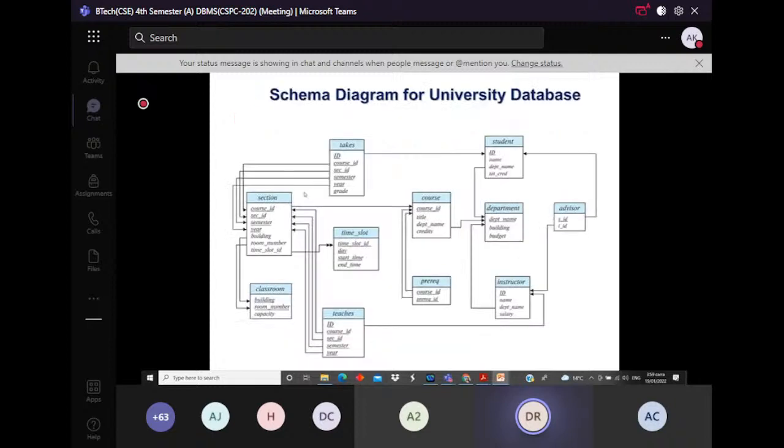I think now what is the meaning of all these arrows? I think you can now understand this particular schema diagram for the university database. Yes, can you understand what is the meaning of all these arrows and what is the meaning of all these rectangles? मैम टाइम स्लॉट में डबल एरो है, वो मिसप्रिंटिंग है या फिर वो भी कुछ होता है रिप्रेजेंटेशन? नहीं नहीं, ये सिंगल एरो ही है टाइम।